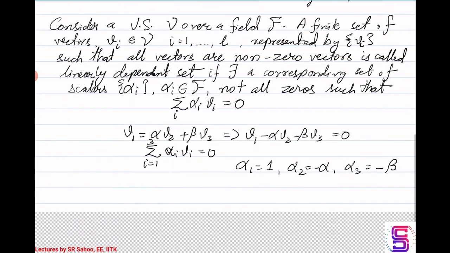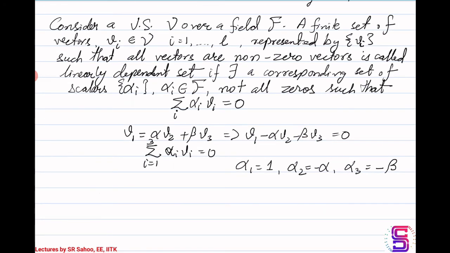To put it in another way, if alpha v1 plus beta v2 plus gamma v3 is equal to 0 for, let's say, scalars that are not all 0 in this example,